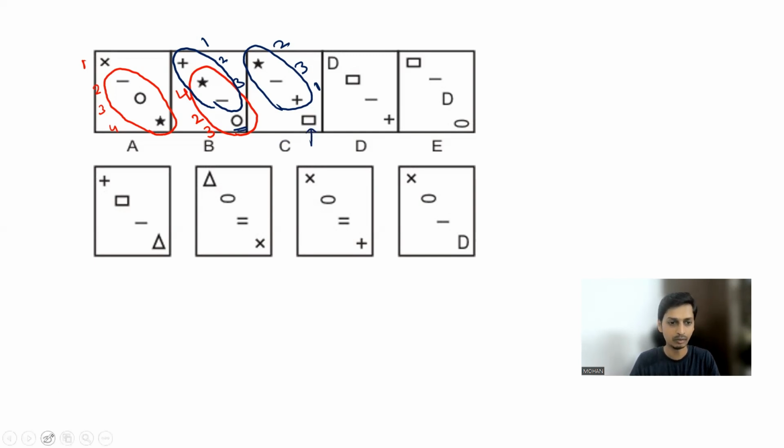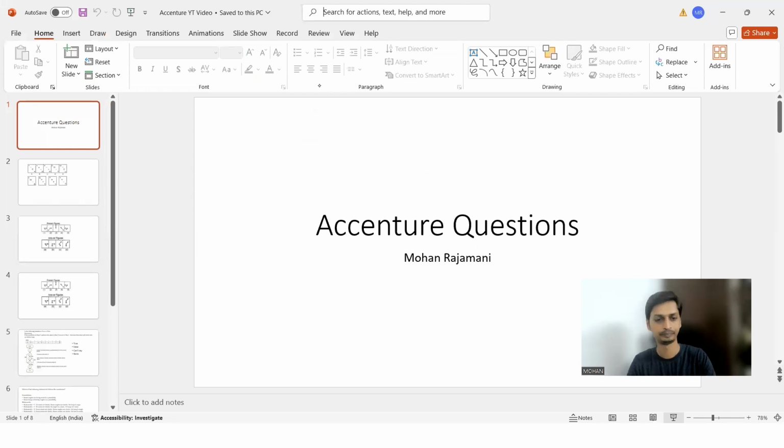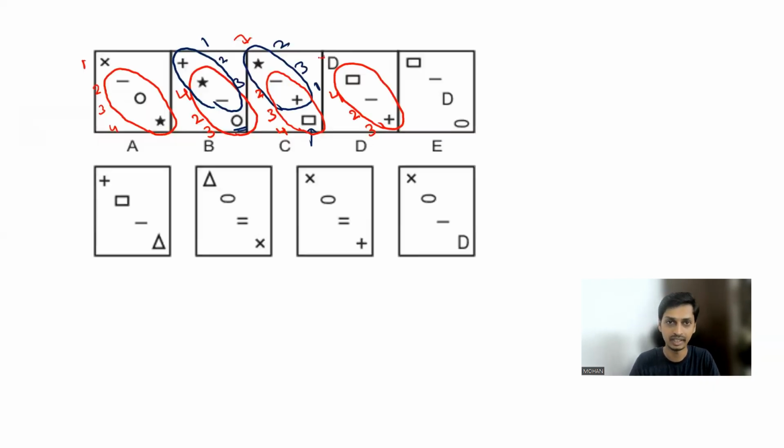Now, again from C to D, what has happened? I can see the three elements in C and D. Both are the same. So it is the second element, third element, and fourth element. So 2, 3, 4 became 4, 2, and 3. Then if I look at this star, it became a new symbol D here.